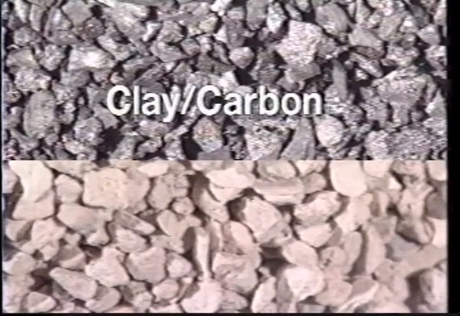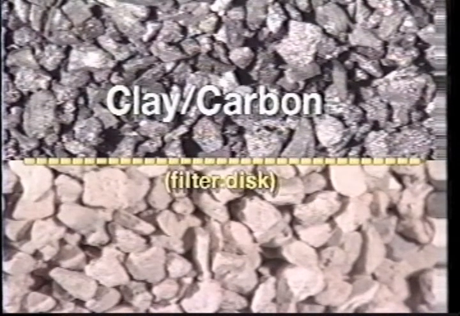The clay and carbon desiccant combination is oriented in 2 layers. Clay, on the lower layer, absorbs moisture. On the upper layer, activated carbon removes fine oil aerosols and solvents. The 2 layers are separated by a filter disc to prevent sifting. This desiccant is used in applications when oil-free air is required, such as in laser equipment, where air cylinders are used to position the laser. Oil aerosol discharged from these cylinders can coat the mirrors that direct the laser, requiring expensive cleaning and readjustment of